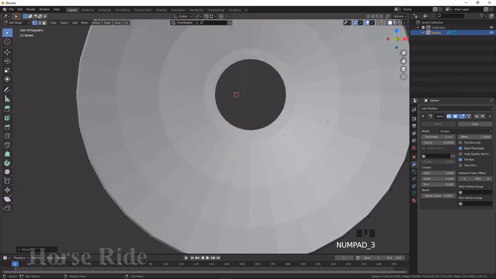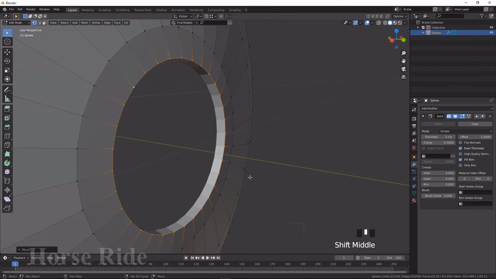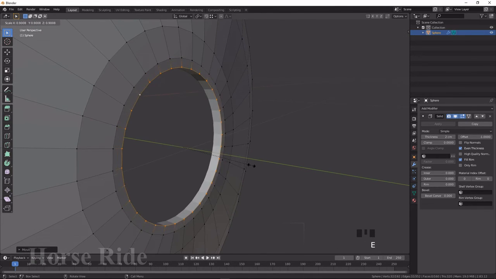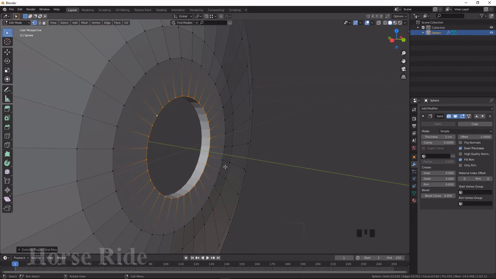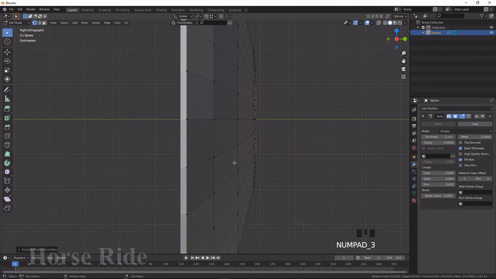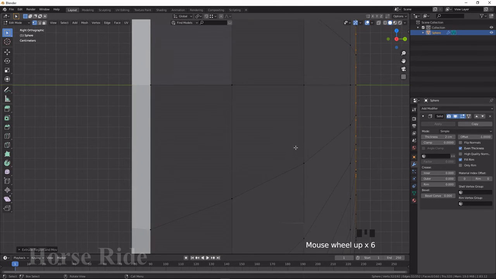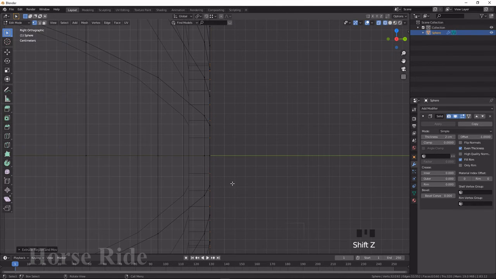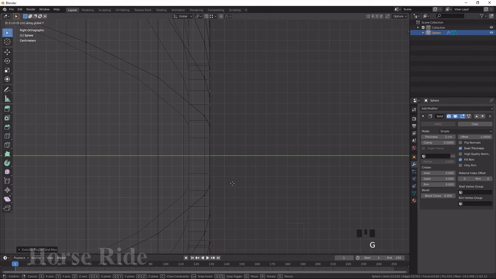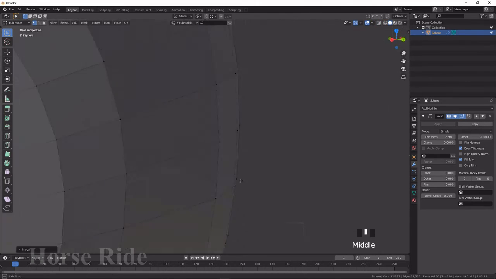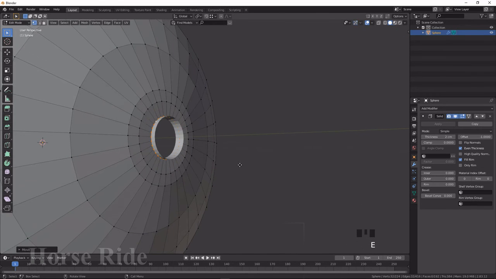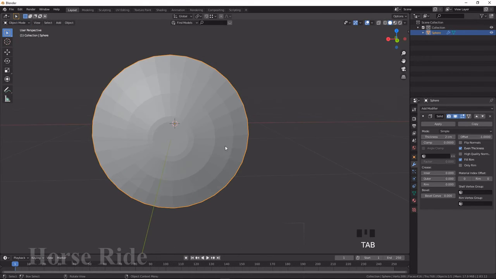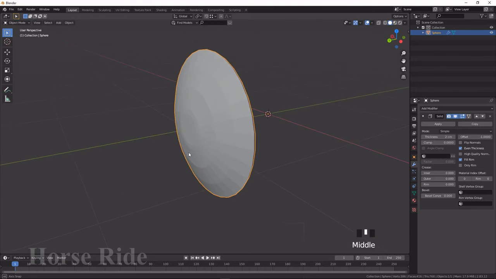Again go to the front view and press E to extrude, S to scale. Press 3 on the keyboard and zoom once again, press Shift Z and G Y, you can move a little bit further. Then E to extrude, S to scale, then press M on the keyboard, merge at center. So now it looks better.